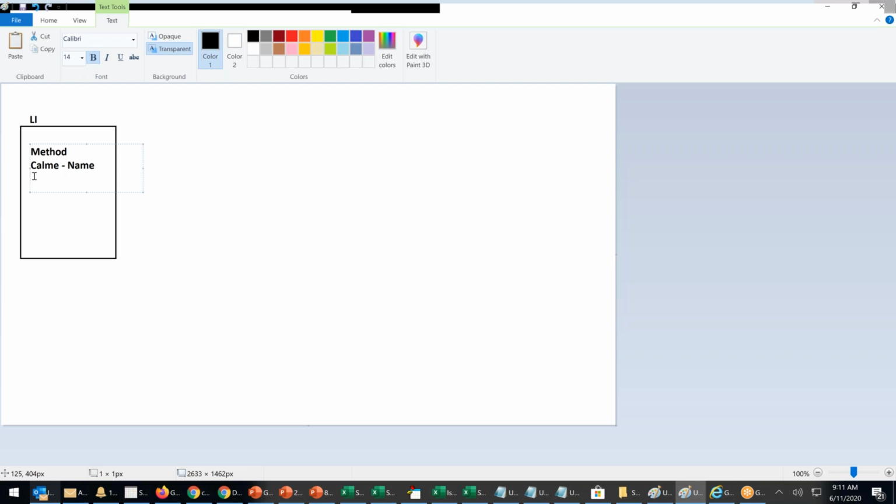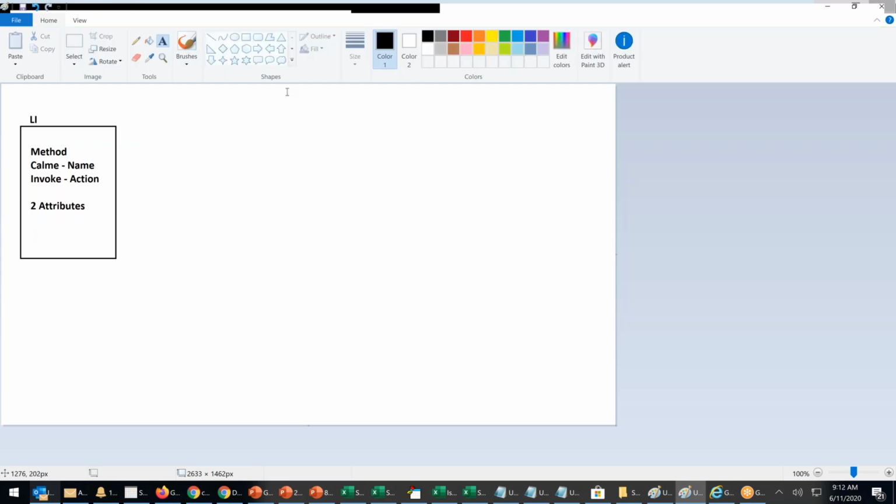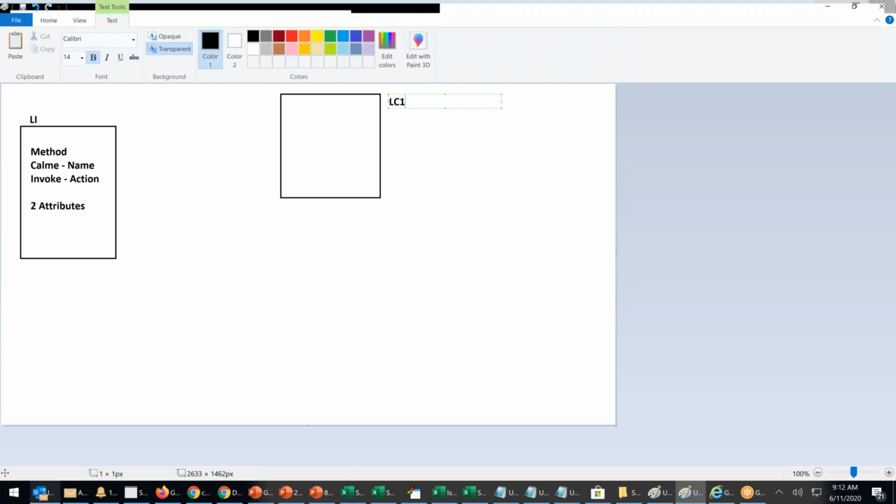Whenever somebody calls this method with the name, what should happen? It should invoke. Invoke is the action. Again, there are two attributes. Now, I created a component. This is lightning component 1, LC1.